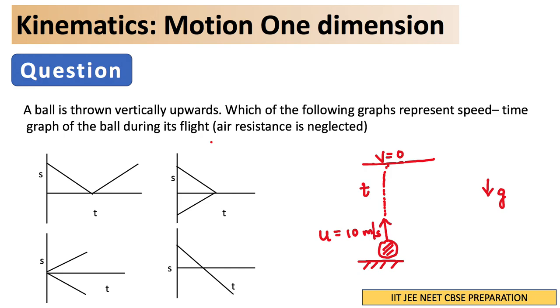After v becomes 0, again the ball will start moving in the downward direction, and slowly its velocity is going to increase, and it will be maximum just before it is touching the ground. So here it will become almost 10 meters per second, from 0 to 10 meters per second. This is basically how the trajectory will be. Initially the speed was 10, then it became 0, from 10 to 0. So if you see the graphs, here the speed is, say, 10 meters per second, whatever initial speed, u, we have given.